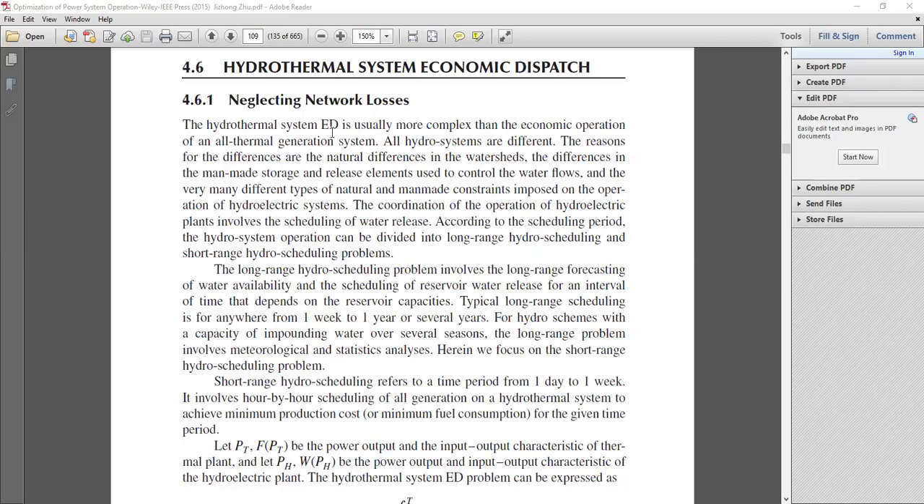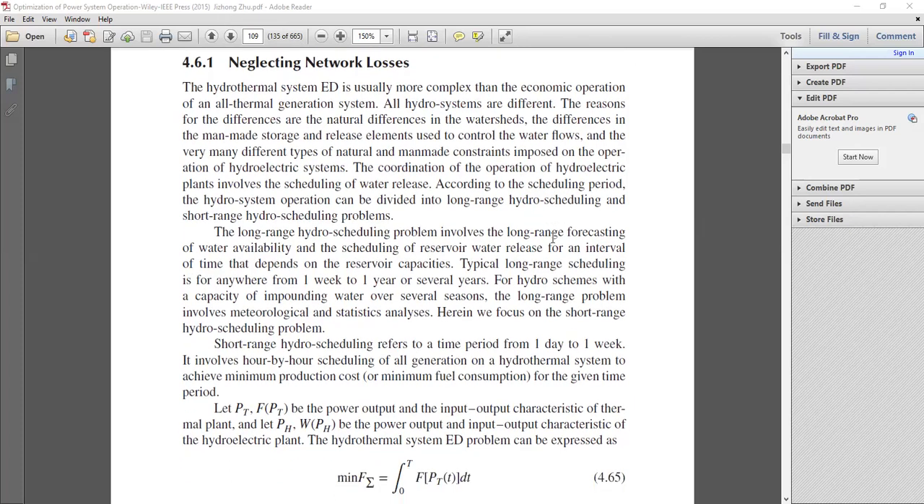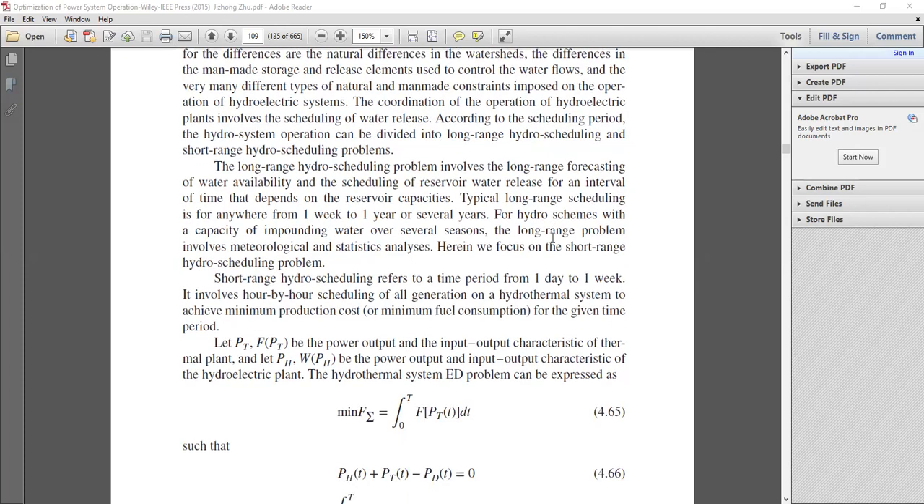Okay. So this is article 4.6 from the textbook, Optimization of Power System Operation by Jizong Zhu. As I mentioned, our main target would be the short-term hydrothermal scheduling, and the duration is from 1 day to 1 week. And the time sampling that we will consider during a day or a week will be based on an hour